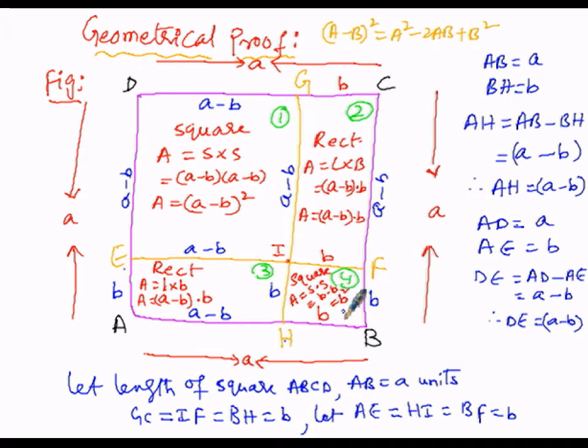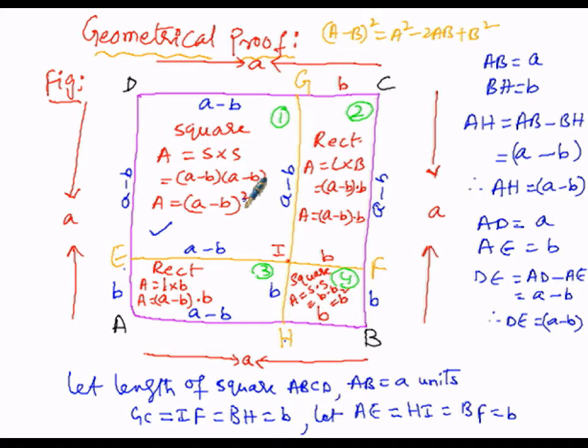So in order to get the figure number 1 from the entire area, that is ABCD, we have to subtract this part, that is HBCG, and we have to subtract ABFE. So in this case area HBFE is subtracted twice, so when we add once again, so total these three parts will be subtracted from the entire figure, that is area of ABCD, so that we will be getting the area of this part, that is A minus B whole square.